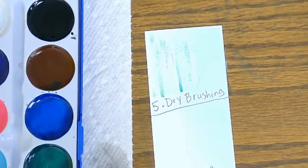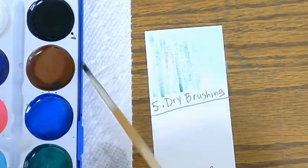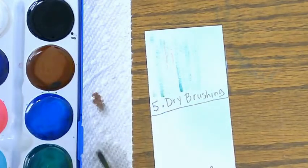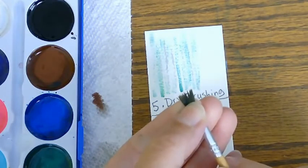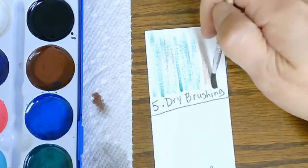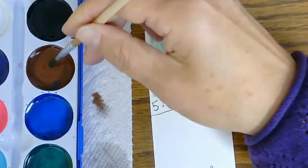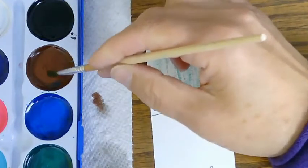I'm going to take a little water. I do have to add water to the paint if it hadn't been wet at all. So I add a little water and then I soak up the extra paint in the paper towel, spread out my bristles, and then drag the brush with just a drop of paint, right? So that doesn't have quite enough, but you can still see it's just a little bit. Get that nice rough tree